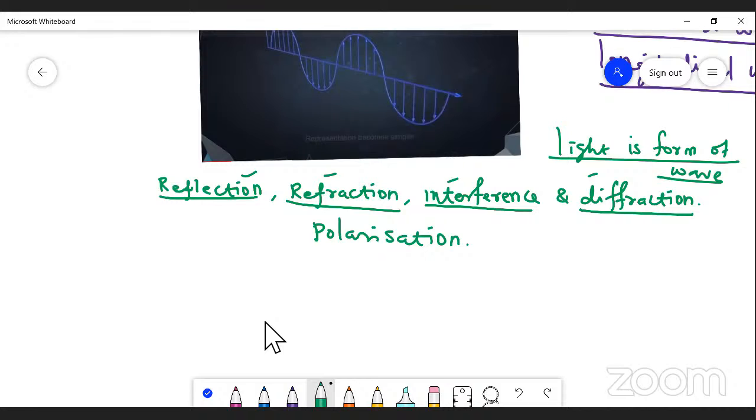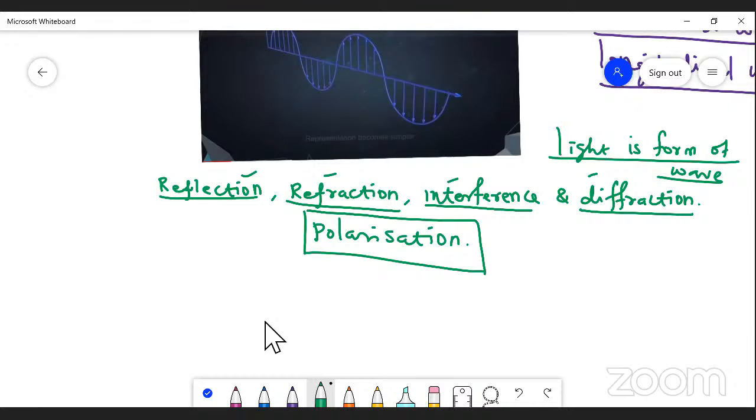Okay, all of you listen carefully. Reflection, refraction, interference, and diffraction phenomena tell us light is a form of wave, but they do not tell us whether the light wave is transverse or longitudinal. But polarization is the only phenomenon which demonstrated that the light is transverse in nature and the sound